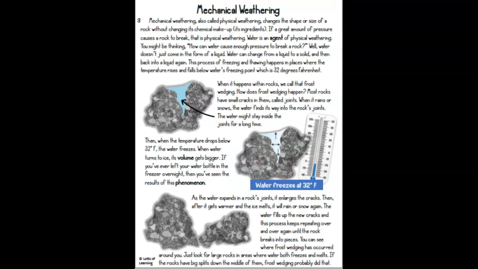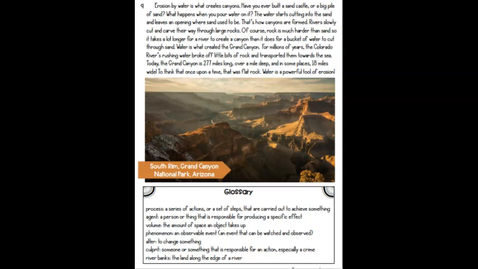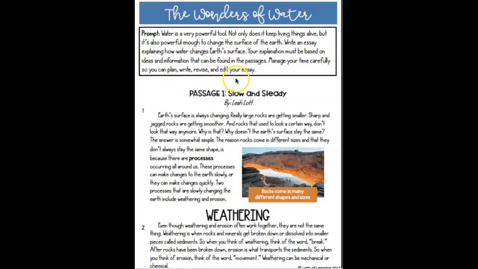This particular text is 5 pages long, and it has a couple of things that you need to recognize when you're reading it. So the very first thing you want to look at is the prompt. The prompt is going to tell you what your essay is going to be about. An essay in third grade is going to be about 3 to 4 paragraphs long. So that's going to include your intro, your middle or body paragraphs, and your conclusion or